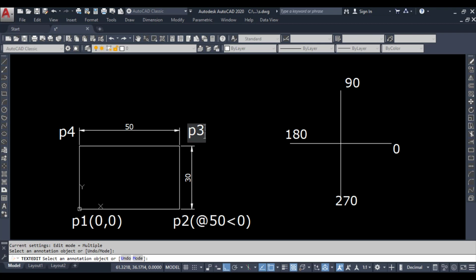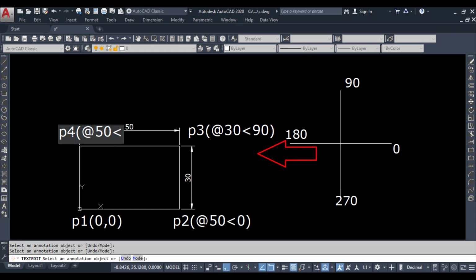Now if I go for the P3 coordinate, it will be again by the formula shift at the rate distance. Now distance in this case is 30 less than, in the positive y-axis we are having the angle is 90 degrees. So we are having the P3 coordinate as 30 less than 90 degrees. Last but not the least, we will have the P4 coordinates also in this case. So P4 coordinate will be shift at the rate again 50 less than. Now you can see I am going in the negative x direction, so here the angle is 180 degrees